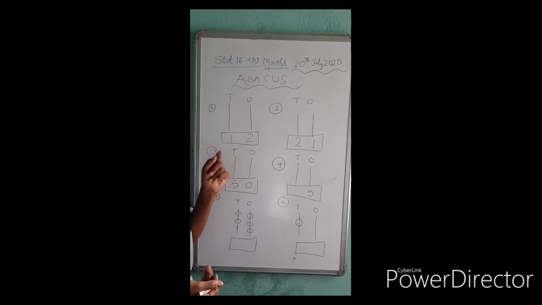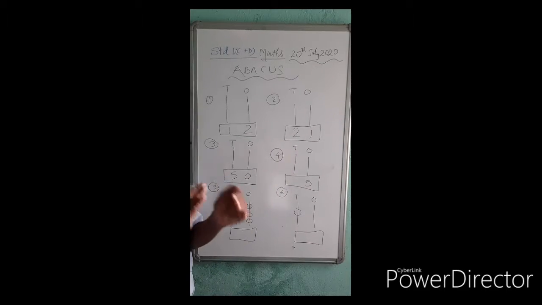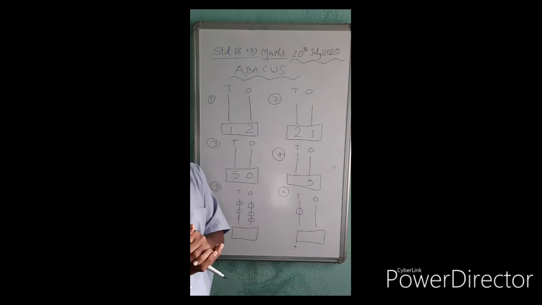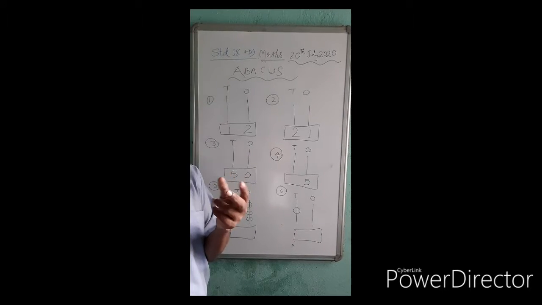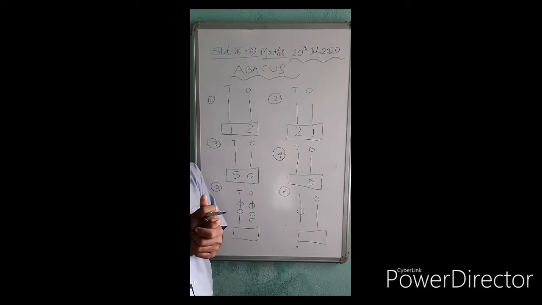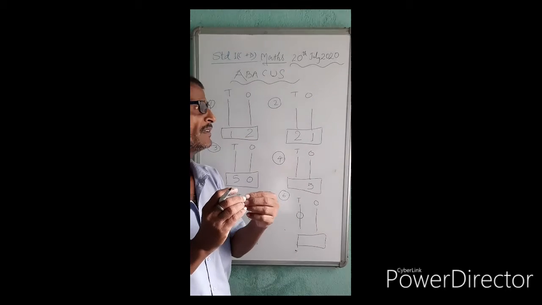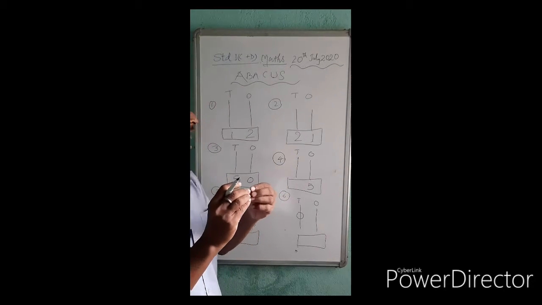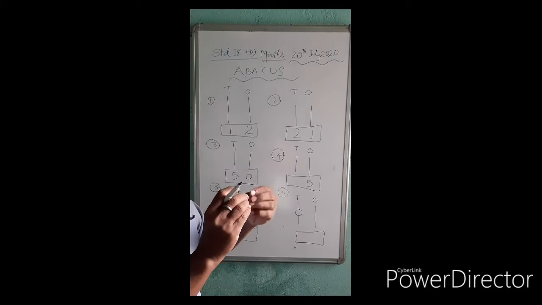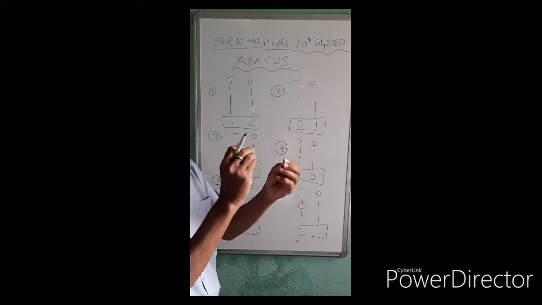This is 12 and this is 21. Both 12 and 21 are made up of two numbers, 1 and 2. But what is the difference? The difference is the way of numbers, the writing of number has changed, the order of number has changed.